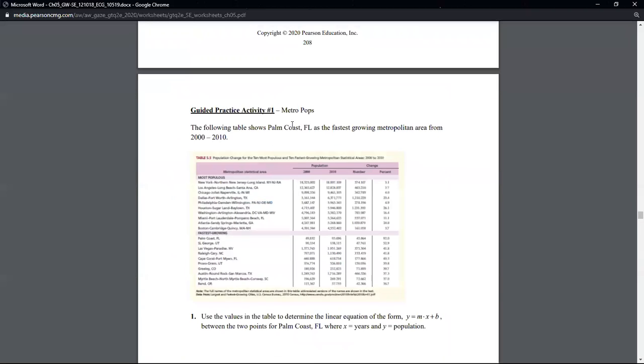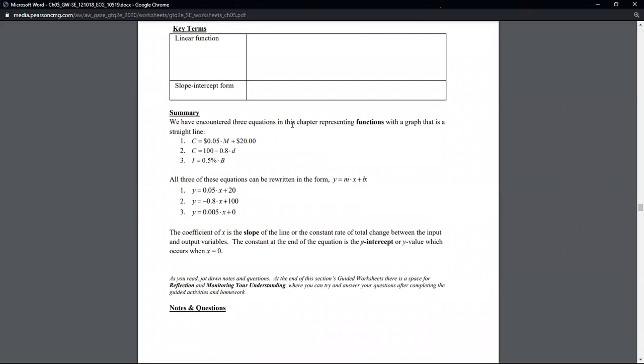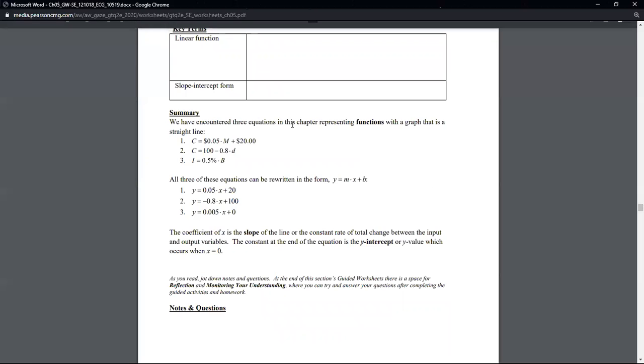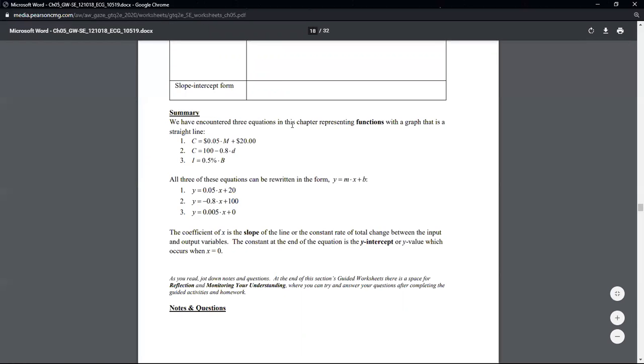Let's get back to the start of 5.3. This stuff, they're just talking about how equations can be written with C and M, letters that are much more tactile for the problem. And these were all things that we saw before. But they could also be just used in Y and X, as long as somewhere on your own you're writing what X is and what Y is. So this 1 is the same as this 1. This 2 is the same as this 2. This 3 is the same as this 3.